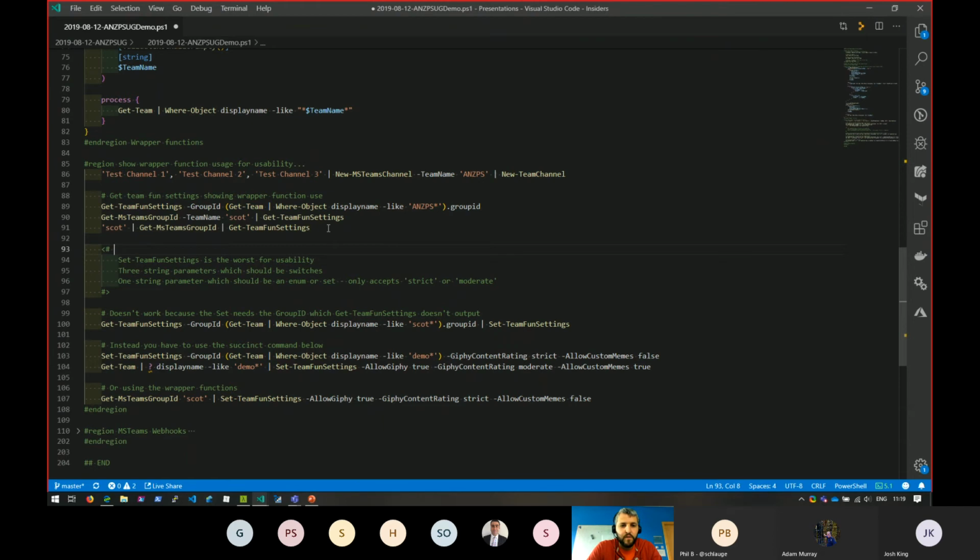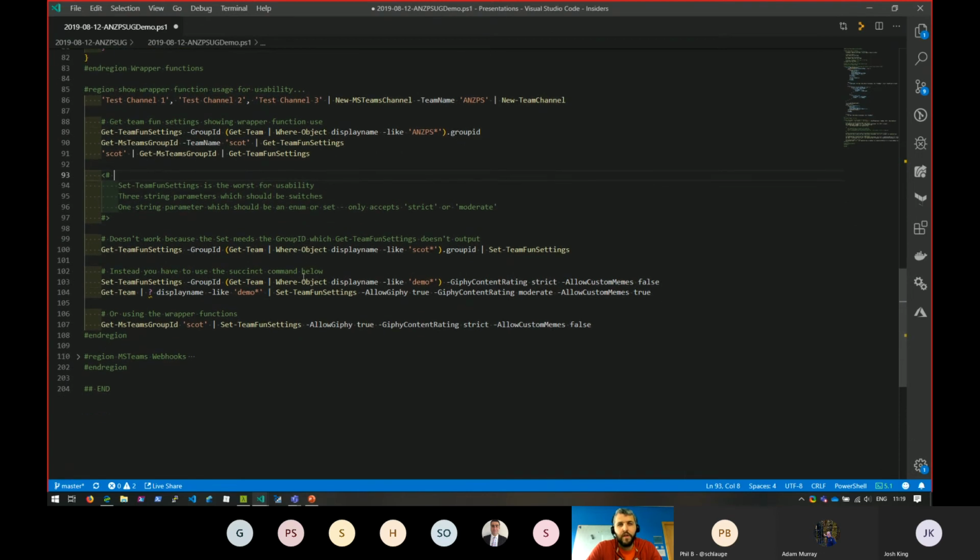They have fixed the pipeline support, but there's still no server-side filtering or being able to use wildcard searches based on name rather than group ID, which is still not very usable, but it's making progress. I think they're using user voice for feedback on that. So if you're using the Teams module as an administrator, I'd highly recommend going on there and trying to get them to improve it. I just wish all the Microsoft Teams would open source all of this stuff now. It would be a lot easier.